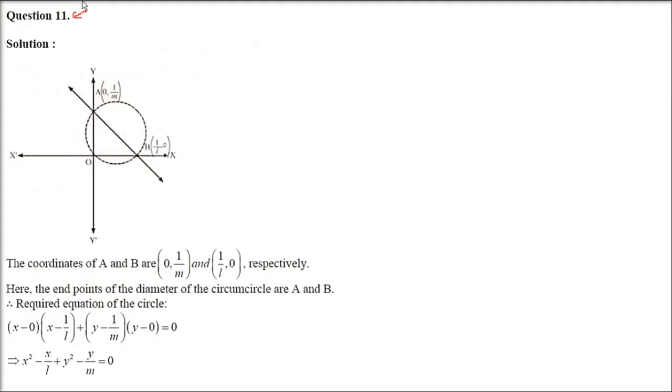This is question number 11. The question is saying, find the equation of the circle which circumscribes the triangle formed by the lines x equals 0, y equals 0 and lx plus my equals 1. Again same thing, wherever there is this kind of situation, you already have two lines. x equals 0 is the y-axis, y equals 0 is the x-axis. These are two axes. So you already have two axes, and there is one more line which is given, and that we are going to take care of.